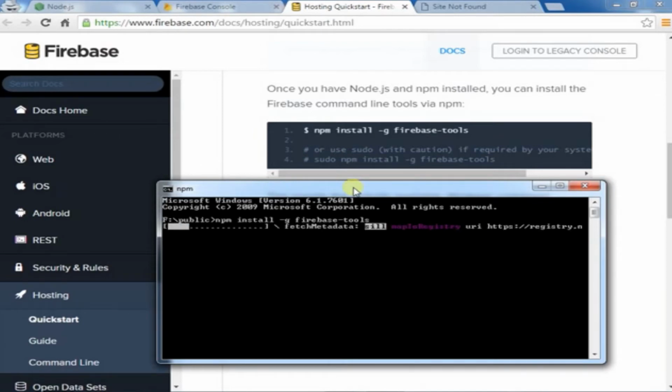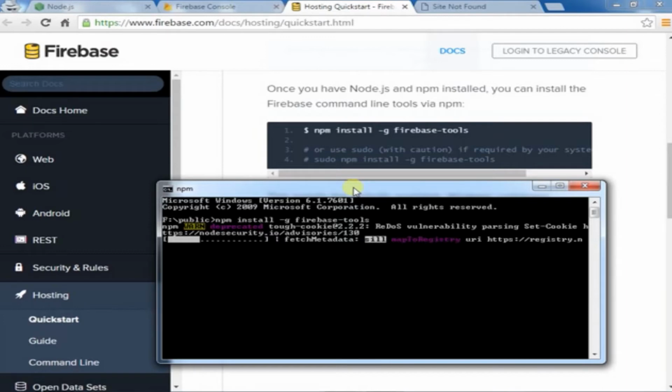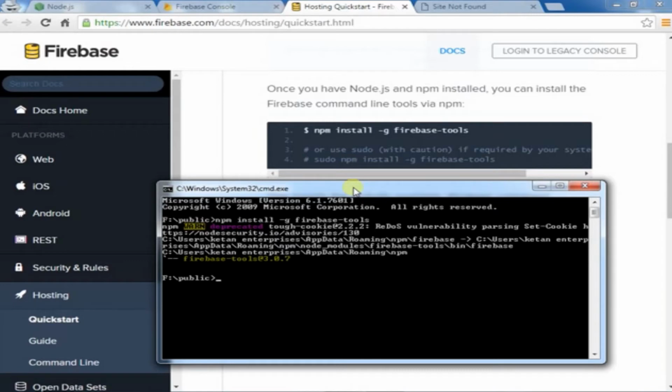It will take some time for installation. Yeah, here it has been installed.